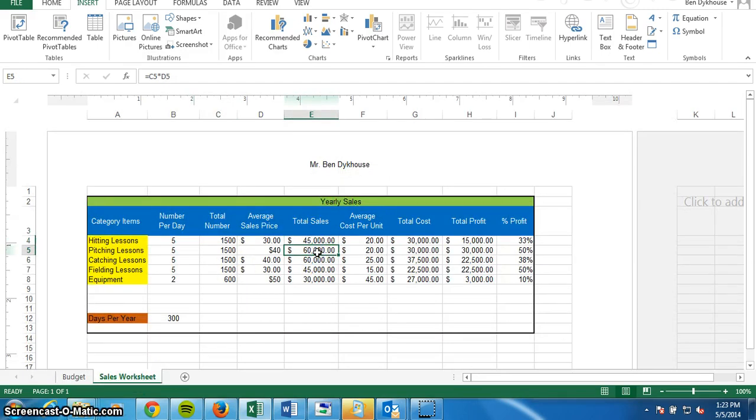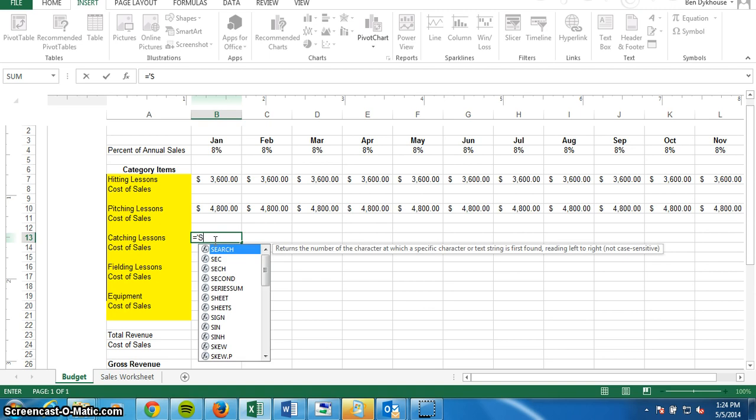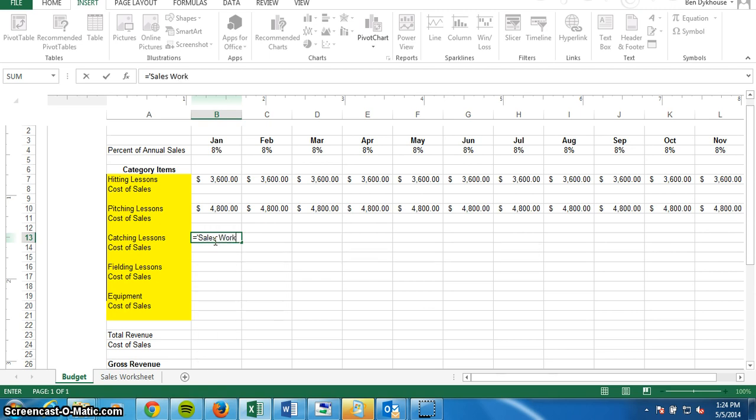So instead of E5 on this next formula, what do you think we're going to put? E6. You got it. People are tracking. So I like to enter them in without copying and pasting just because usually something goes wrong when I copy and paste formulas. So sales worksheet, and I'm just pulling this from number 38 and adjusting for my category. So I'm going to put in E6 this time, and I'm going to multiply that times,